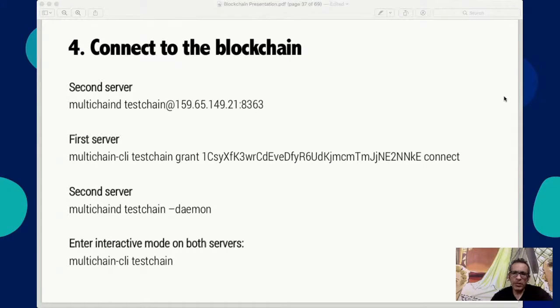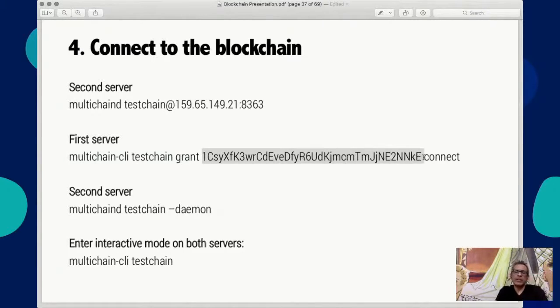So now what happens is, after you have done this, I will have to grant you permissions. This is a very important concept. I want you to focus here. This is a blockchain address. Irrespective of which blockchain platform or framework we are using, you're always going to have addresses. Bitcoin addresses may look different, and the number of characters may be different, but ultimately they all look like this alphanumeric string.